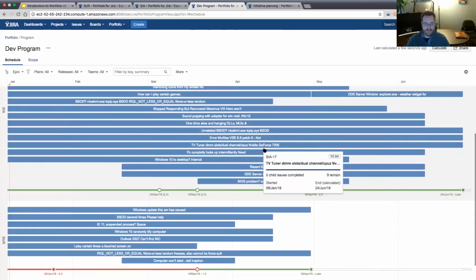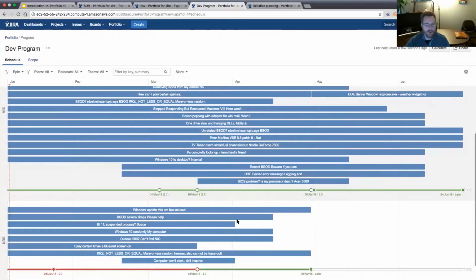Now, I have intentionally done something here. If you remember, I created a dependency in the SUR project that is not being reflected here. It's not being reflected here because changes that are not moved back into JIRA do not automatically go into the program. So the program is based on combining two plans as they are stated today in JIRA, not through your scenario editing. So you have to be very aware of what's really going on here. So my dependencies are not going to show up here